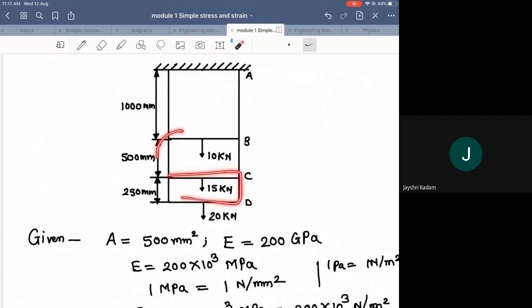Now the second part. We have to take the last part first, and now we take the middle part. Now I will concentrate on BC. I will draw the free body diagram for BC. For that purpose, I'll cut it from this and from this also. I am observing only the BC part. I will not concentrate on CD. I made a cut here and I am making a cut at this point.